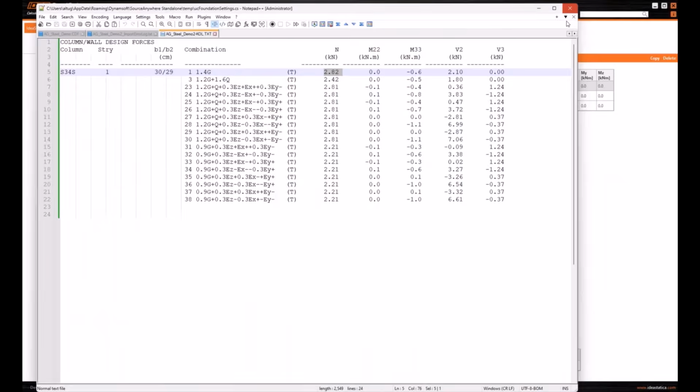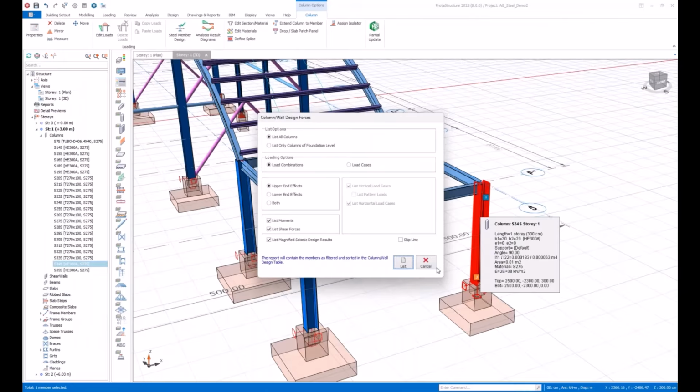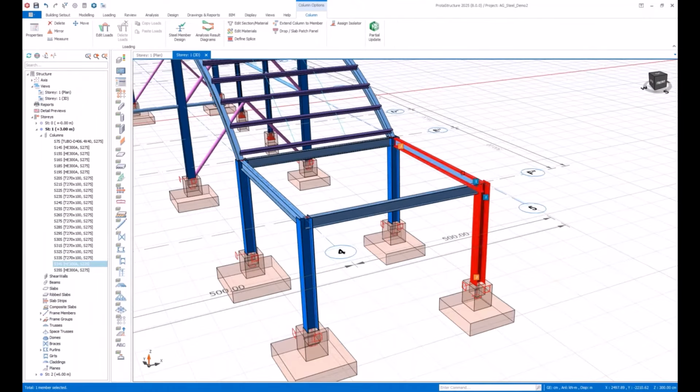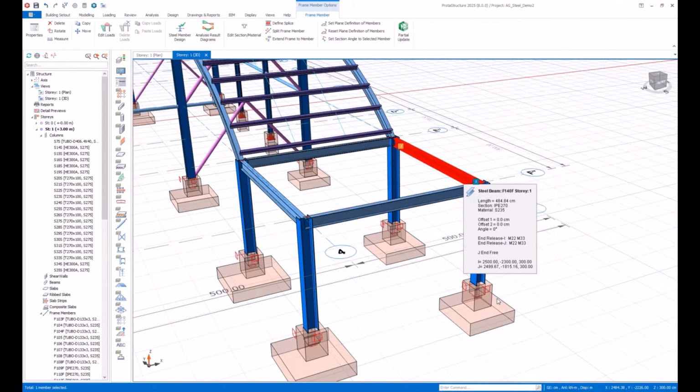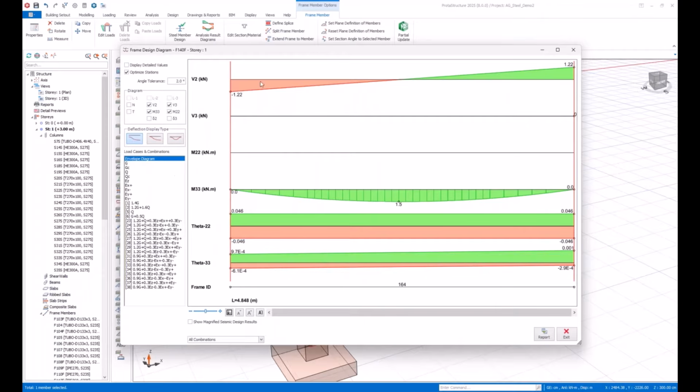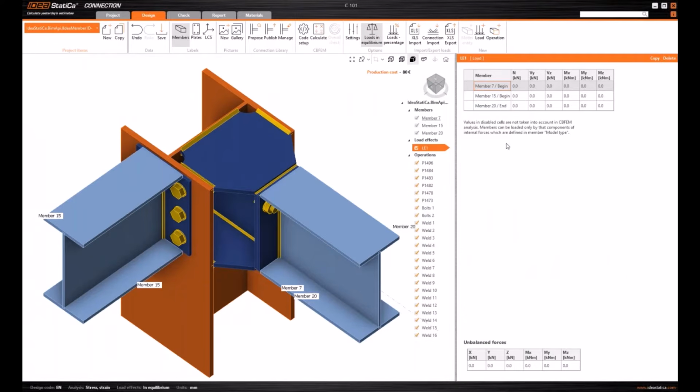You can do similarly, of course, for the beam reactions. You can use the analysis result diagrams and use the envelope diagram, for example, get the shear values for the envelope and apply them here for these beam members, right? So that you can continue to check the connection and analyze and design it.